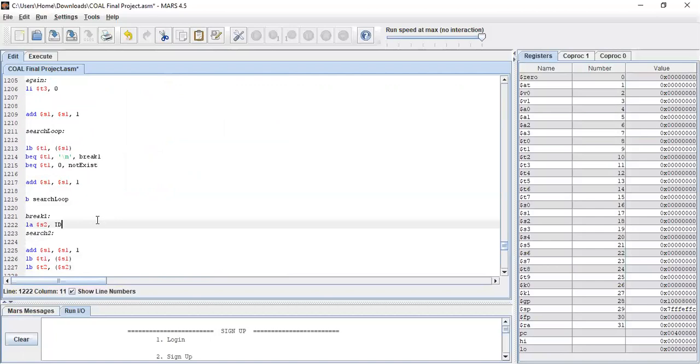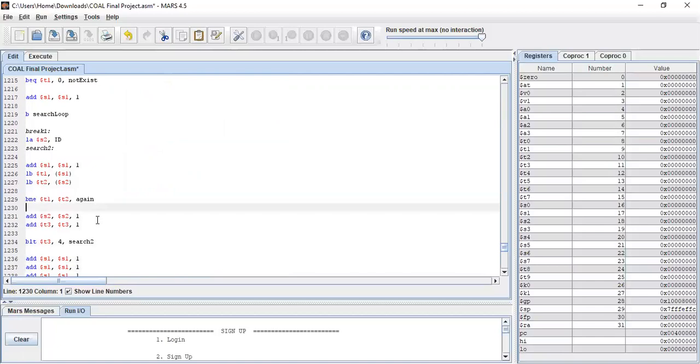Here it is searching the ID. It will increment by 1. Again, if $t1 is not equal to $t2, it will continue with 1.